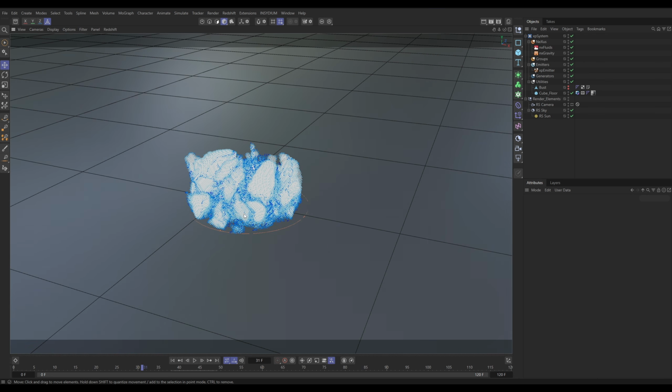fluids. Now, I've mentioned this before and I'll just point it out again. We are not going to simulate this 100% accurately so that this is able to stand up on its own and only starts collapsing once it gets hit by the water. That would require massive accuracy settings in the sim. It would take an awful long time to cache that accuracy, and we just don't need to do it. We can fake this collapsing and get these nice chunks, and it will remain much more manageable, much